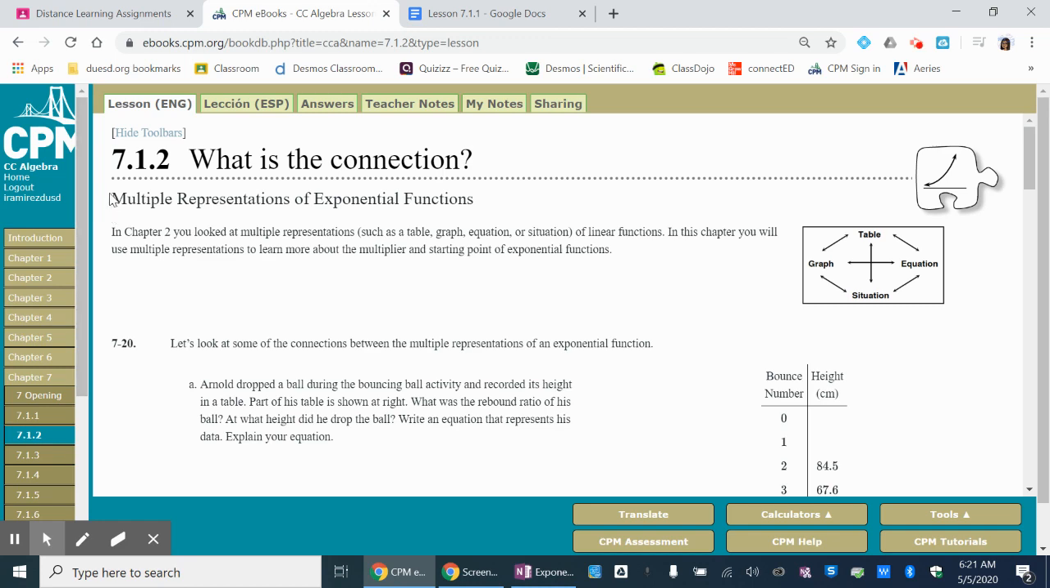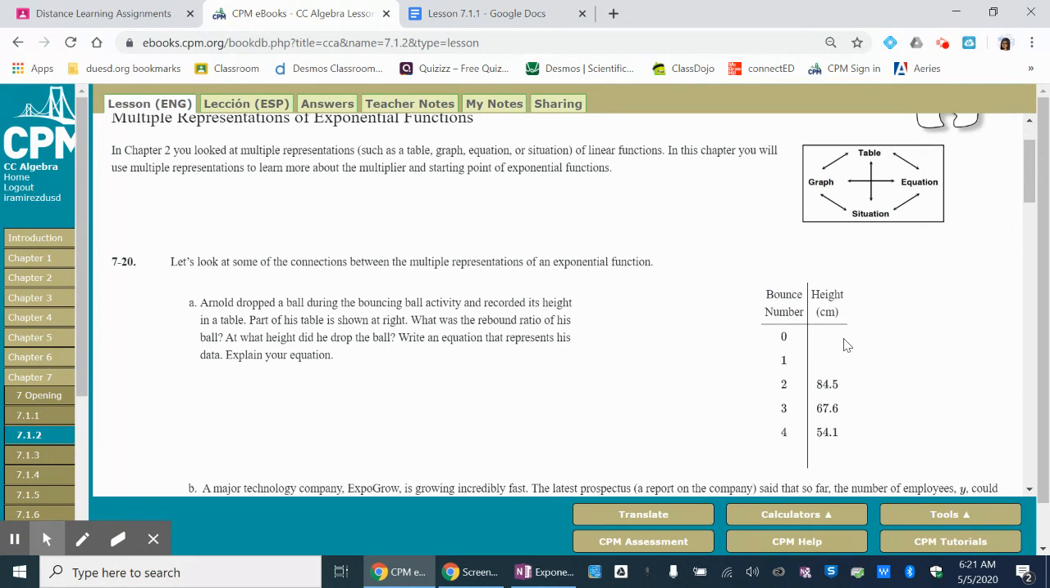Okay guys, so today I'm going to do a quick, somewhat of an intro to multiple representations of exponential functions to have you ready for 7.1.2. What I'm going to do today is show you how to go from a table, find the common ratio, and then find the initial value. Once you have those two values, I will then go over how you can write an equation